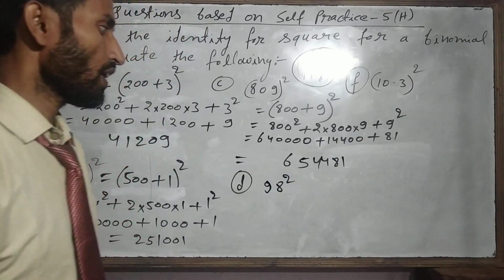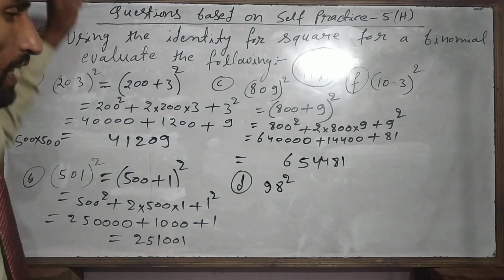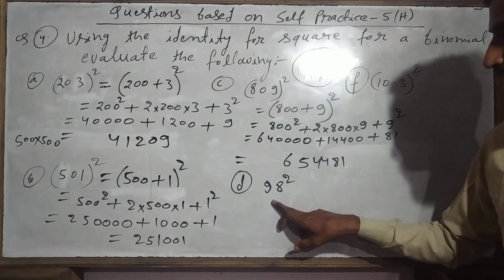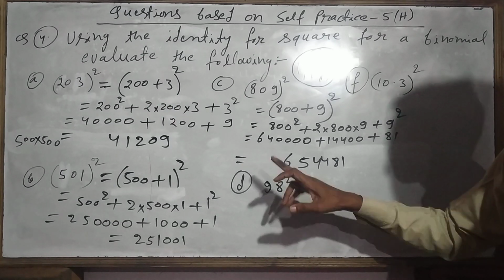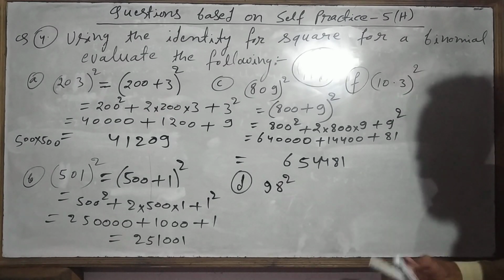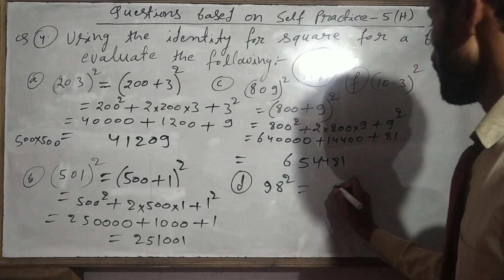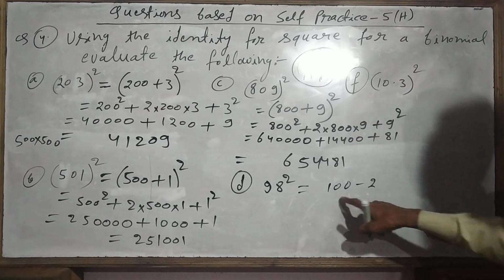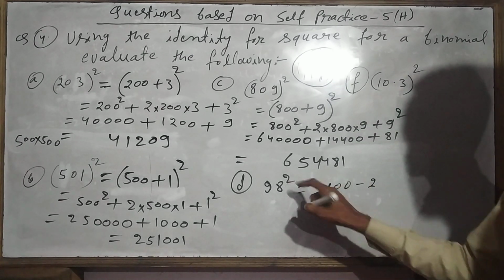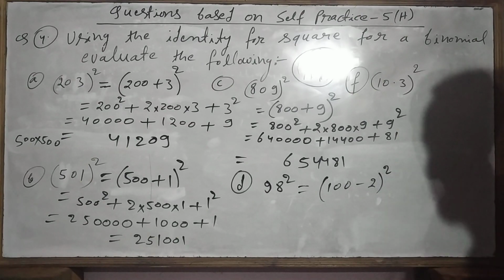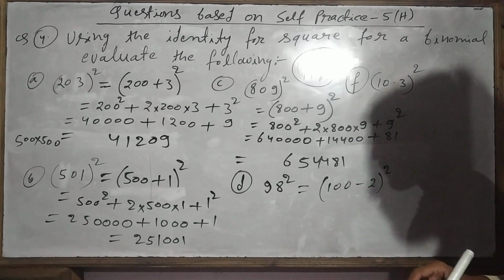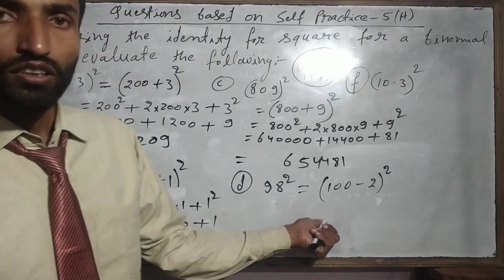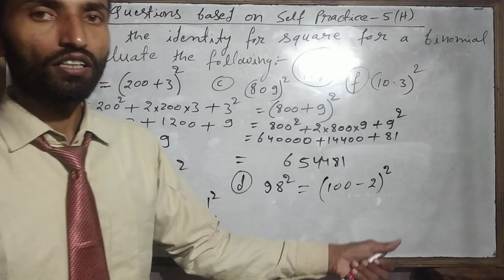C and D. Already I have written here 98 square. So 98 square, how will we solve this question? In this question it is just some different. 100 minus 2 will come because this one is less than 100, so we will write down here 100 minus 2 like this. In place of 98, 100 minus 2 we can write, and whole square is there, so we will put here whole square. We are putting a small bracket here, because two terms are there.